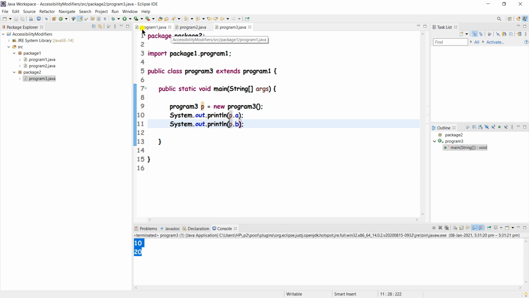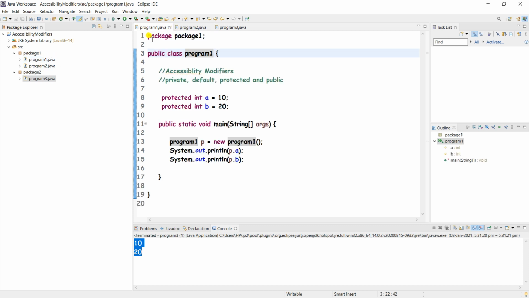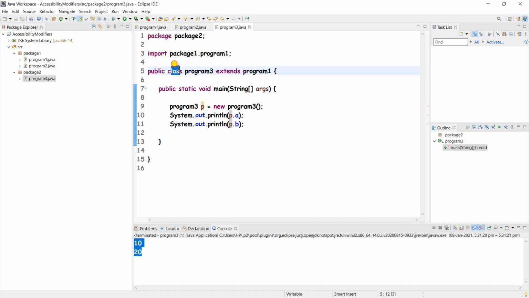If we want to access the protected variables outside the class, we can access these members only when it is a subclass of that class. So here we are accessing from program 3, so we need to extend program 1, whose members are protected.